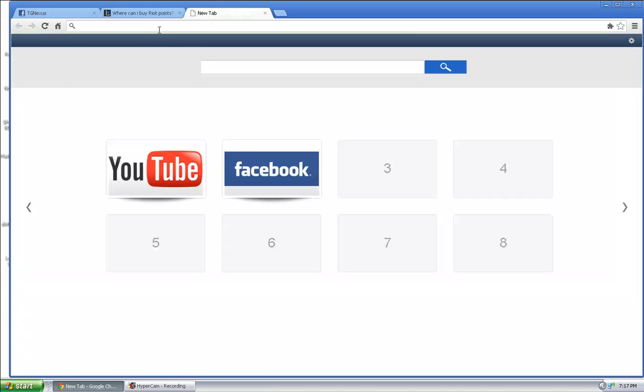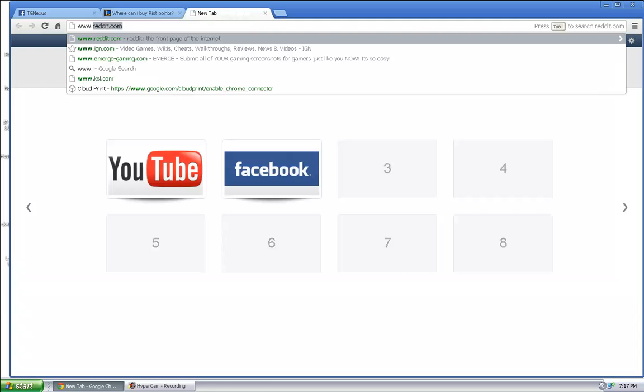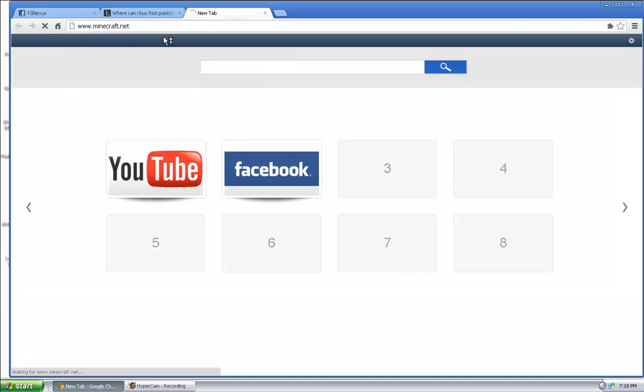I'm going to be showing you how to make a basic vanilla Minecraft server today. This one is the easier one. Another one that you can do is a bucket server, and I will show how to do that in another video. But for now, we're just going to go to